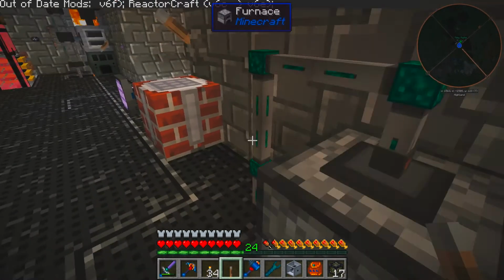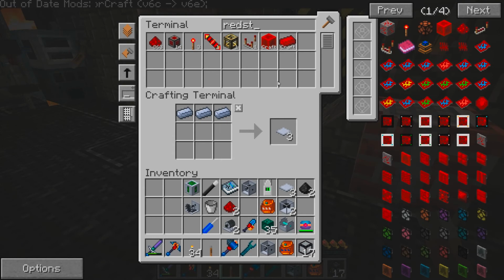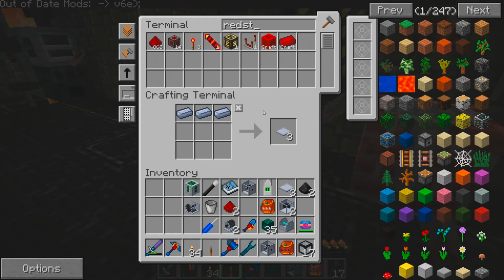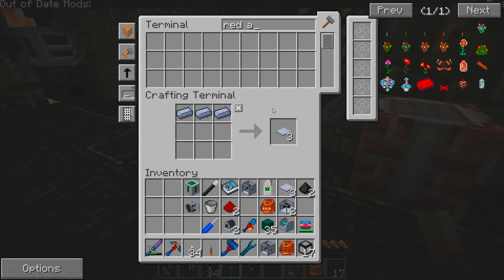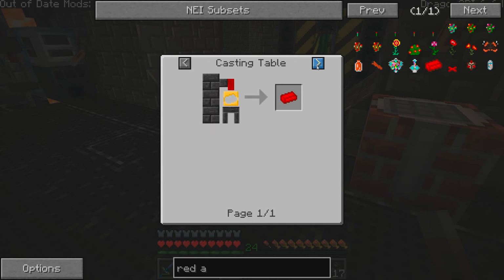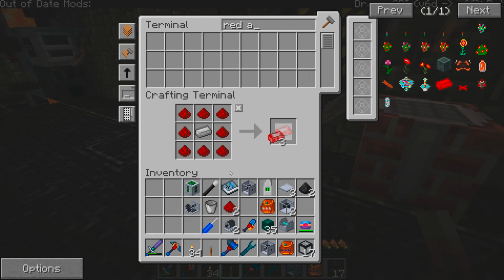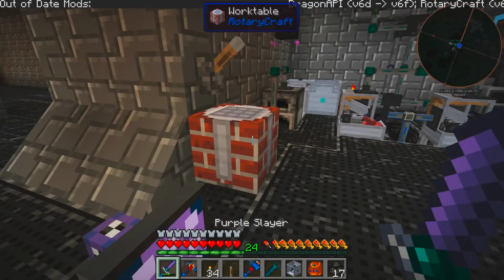So, all right. We're probably going to need some wire. Redstone alloy, no. Red alloy. Induction smelter. Okay, so we're just going to have to make some of those. That's fine. And what we'll do is...